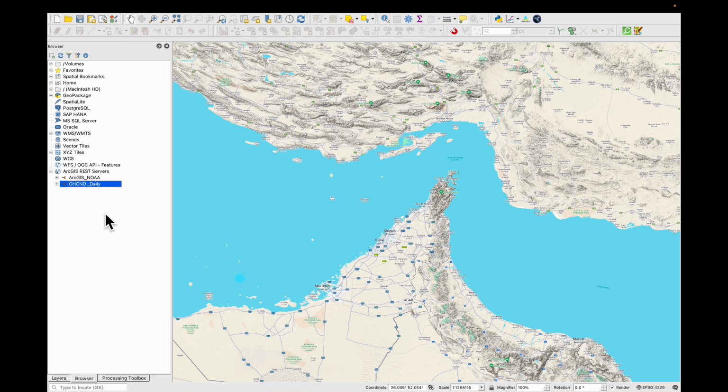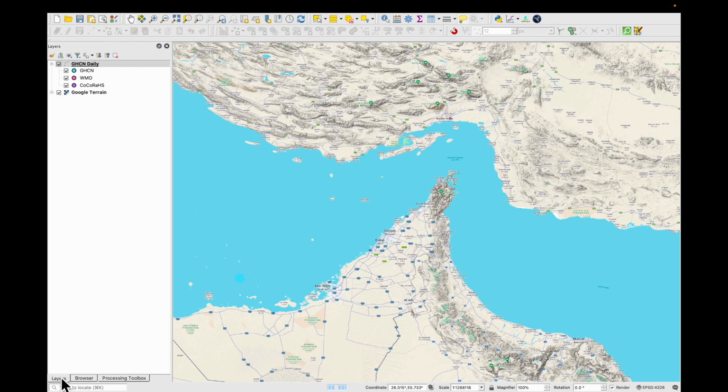It's going to connect to the ArcGIS server. And you see that there's two datasets. One's a raster and one a point dataset. So we're going to load the points. Now it's going to take a bit of time to load depending on the speed of your internet. Okay, it seems to have loaded. All these red dots here are stations. And because my internet is a bit slow today, I think I'm just going to save them to my hard drive. So what we'll do is we'll select them,